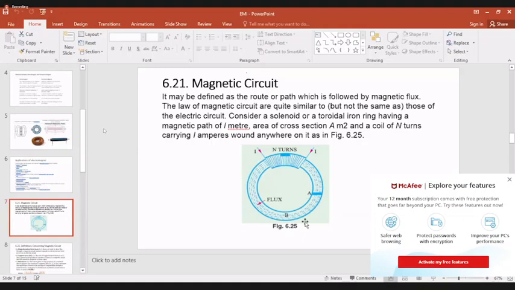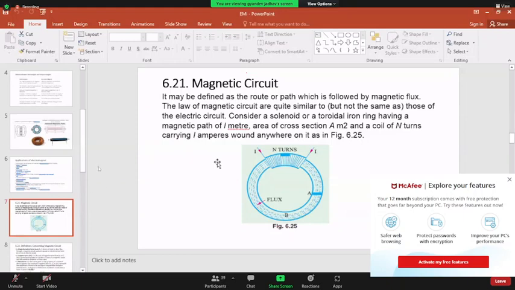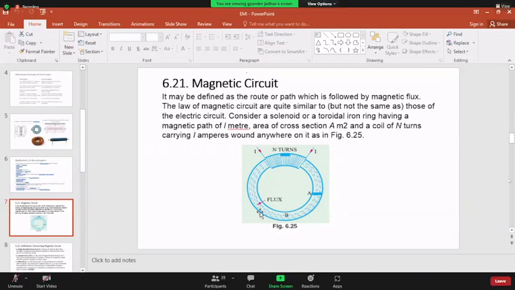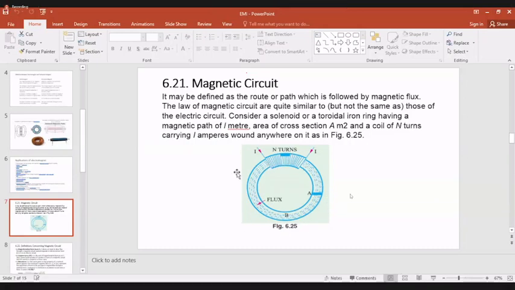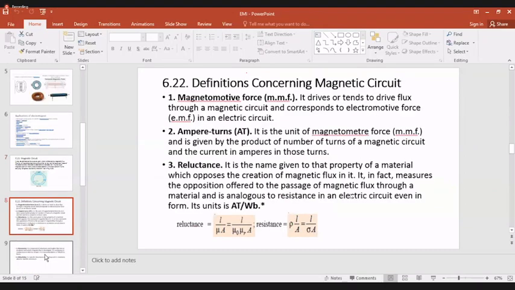Boys, you are learning chapter number 6 and chapter number 7, electromagnetic induction, that is in the syllabus. We need some magnetic terms from chapter number 6 for chapter number 7. Clear? This is a closed magnetic circuit. The closed path followed by the flux is called a magnetic circuit. Then some magnetic terms. Here, magnetic force is similar to the electromotive force, EMF. You know the EMF, electromotive force. Due to the electromotive force, there will be a flow of current in the electric circuit. Yes or no?